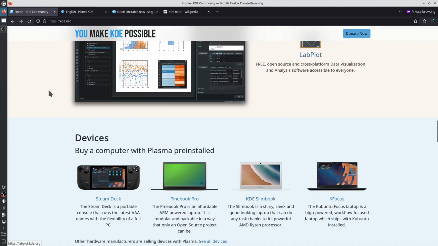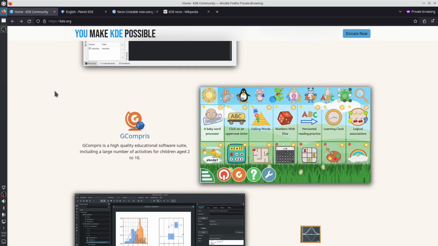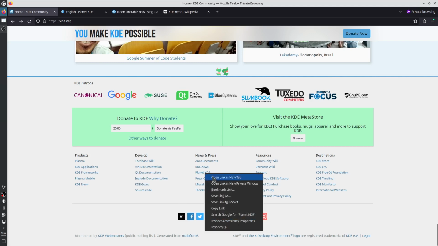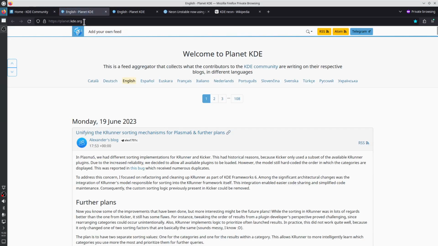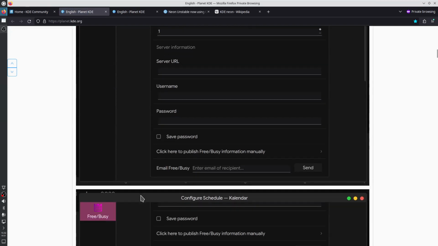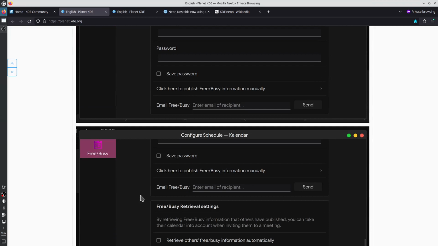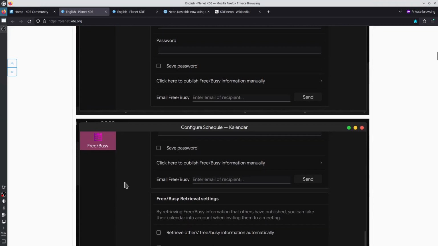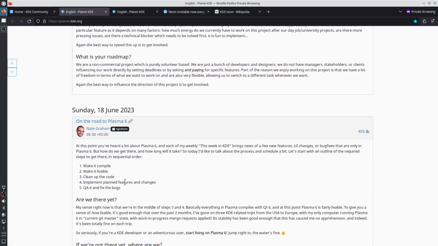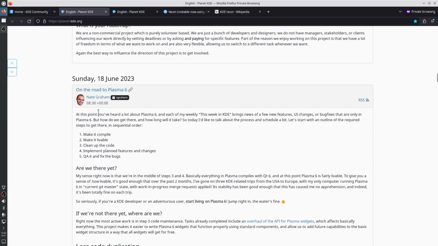So we go to kde.org. At the end of the page, there's a link to Planet KDE, which is planet.kde.org. This is a blog aggregator, aggregating blog posts from many people in the KDE community. There are two articles that point to KDE Neon Unstable. One is from Nate Graham, on the road to Plasma 6, from June 18th,